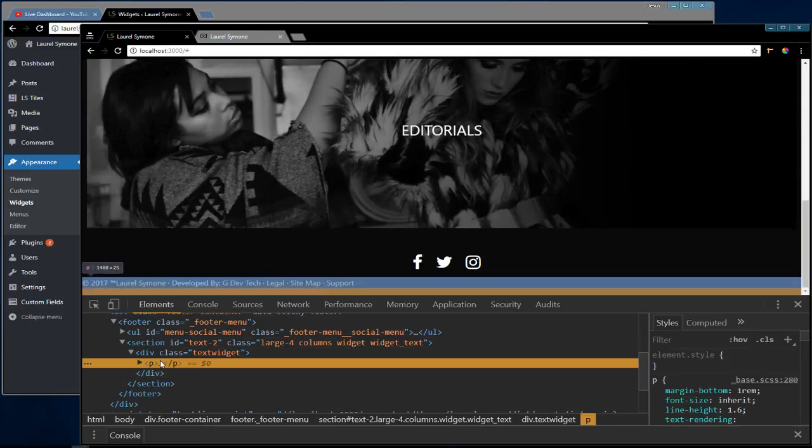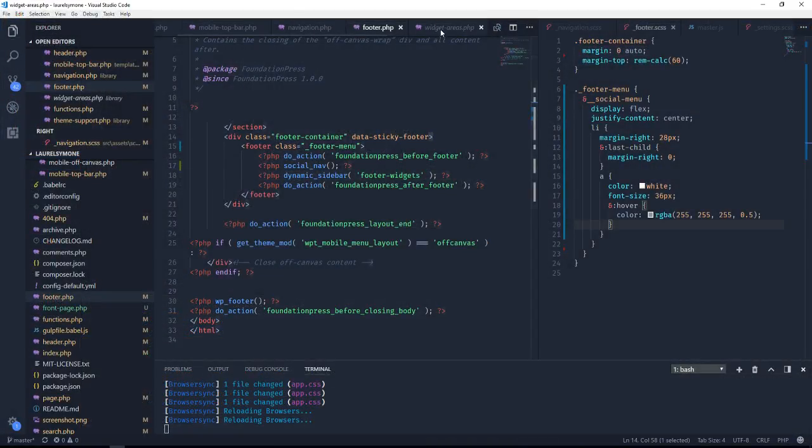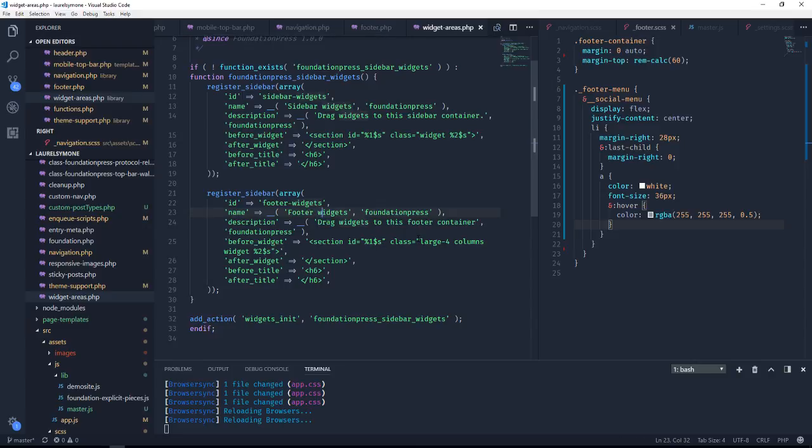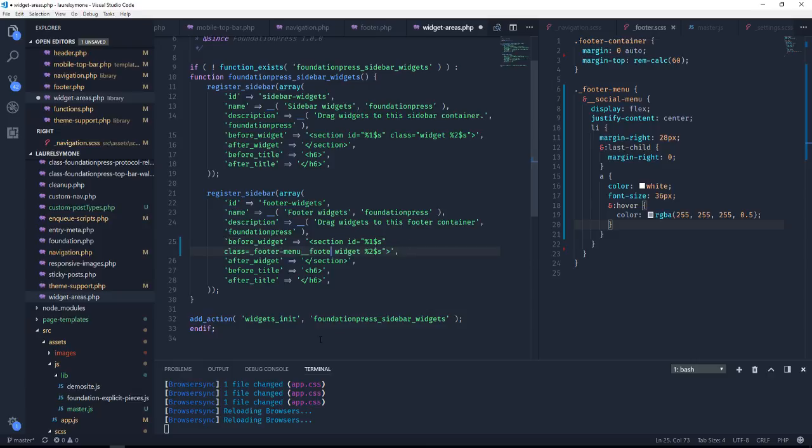Now if we take a look at this code, we have our section, and it has an ID of text2 and a class, large-4 columns. All of this within this class, we're going to change right now. So let's jump back to the code. Let's go into our widget areas PHP and remove this class here with the exception of widget. Here I'm going to do, what do we call it, footer menu, and the element will be footer-widget, footer-